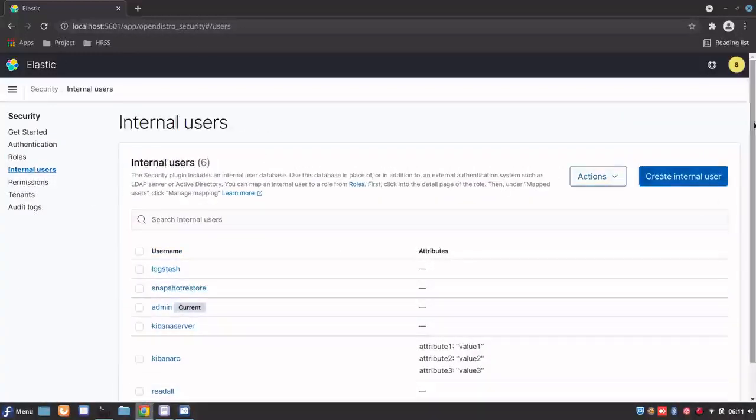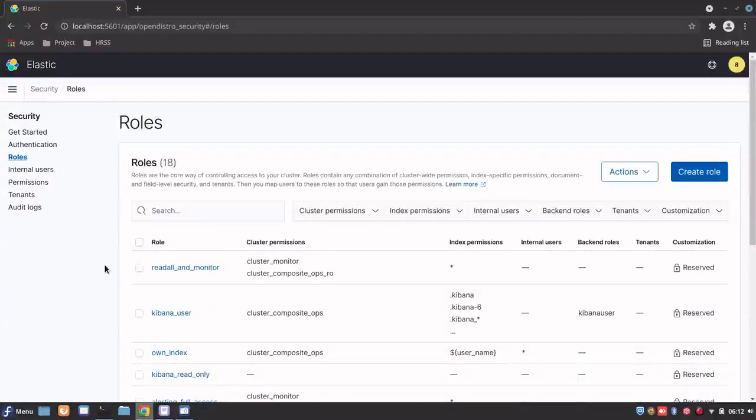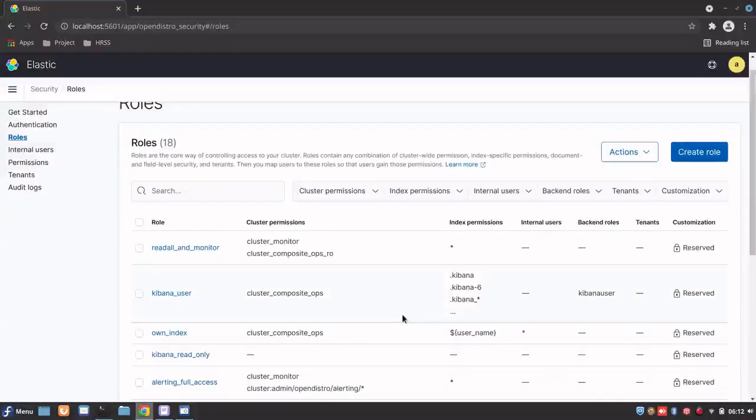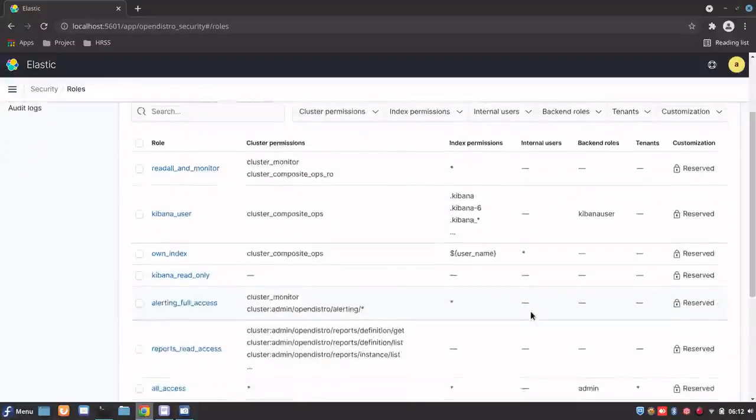These are the default internal users that are available, like Logstash, Kibana, Snapshot, Restore, Admin, Kibana RO. These are the ones that we have seen in that file. These have a different set of roles attached to them. If you go into the role section, you will see the role, and along with that the internal user that is attached to that role.